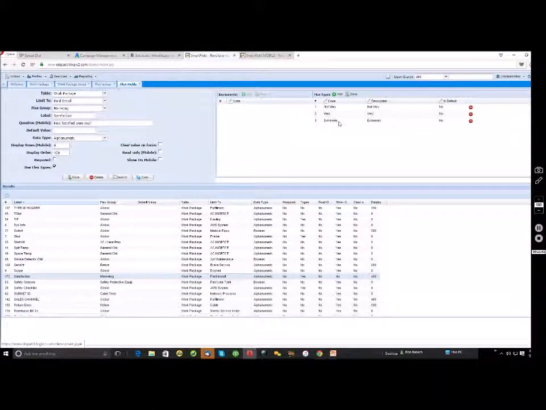Simply doing this, the power that just happened just now is going to connect all of these questions instantaneously to any new job that comes out of the system, to the mobile, and also to the dispatch and scheduling. So essentially, the questions that we ask and the information that we gather in the field can be changed all the time to kind of accommodate new marketing programs, new sales programs, new field programs that exist where we want to collect important data but don't want to spend a ton of time customizing a mobile application. This is a 5-minute or less exercise in making that happen. So let's go see the results of the work that we did and see how that really shows up